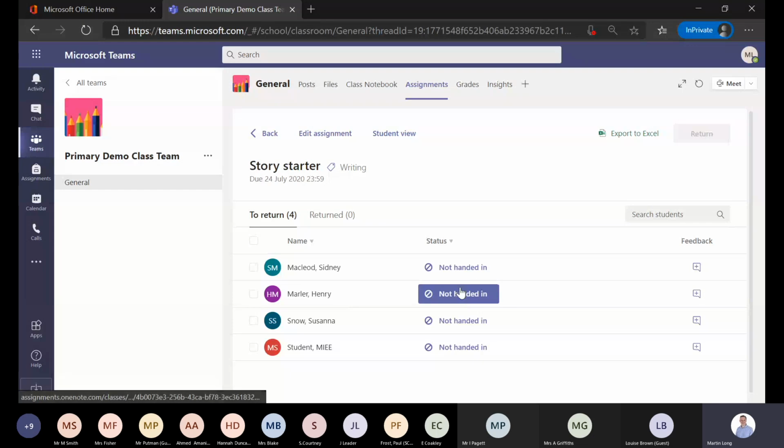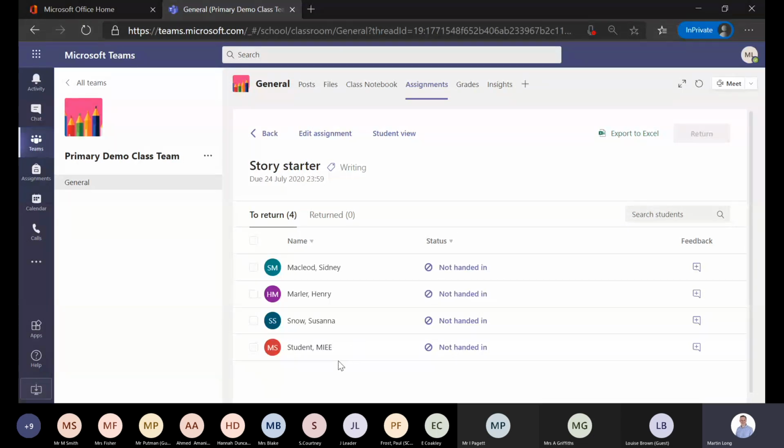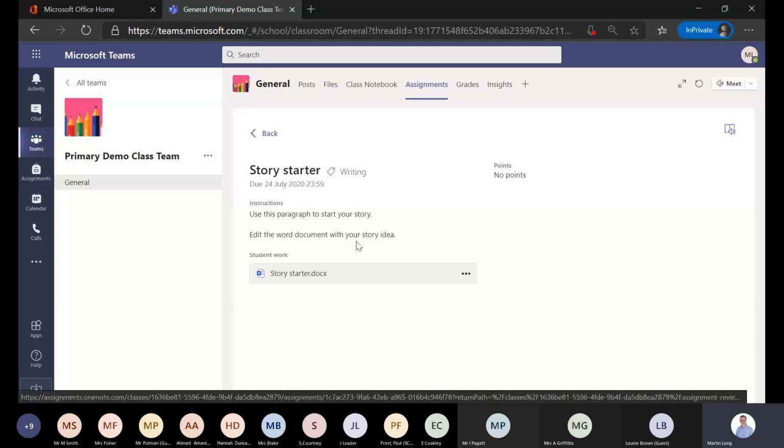This is a teacher view at the moment. In here I can see the pupils that I've included. You can have a whole class, or you can have separate pupils. It's up to you. If you want to see how that looks as a pupil, this is how it is